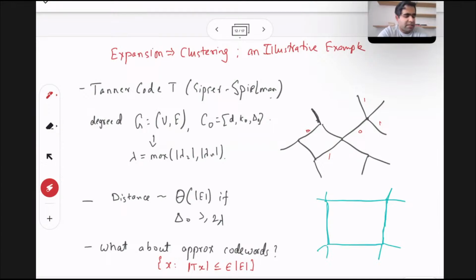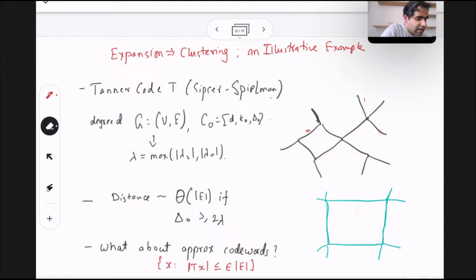And it turns out that it encodes lots and lots of code words. But the main point is that the distance between the code words, or the Hamming distance of the smallest code word, is very large. So the reason why distance is large is because, well,